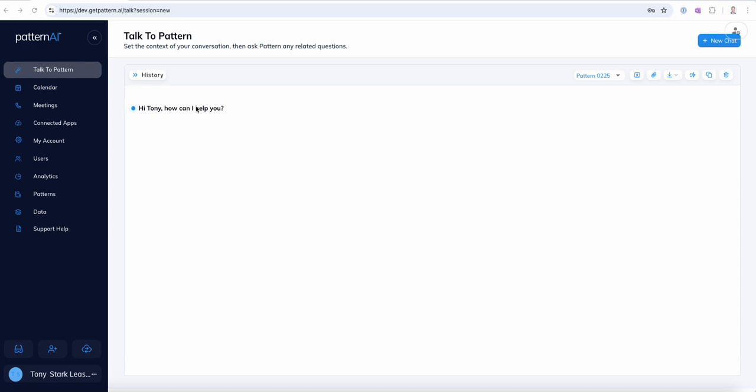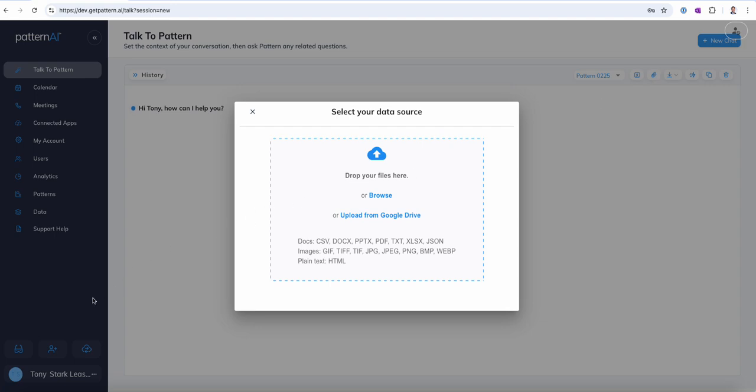Okay, welcome to PatternAI. We're going to demonstrate how we can automatically abstract a lease from a Word document or a PDF into an Excel document. So what we're going to do is go here to what we call Talk to Pattern. And Talk to Pattern is a chat-like and conversational AI capability, allows you to interact with Pattern in a real-time